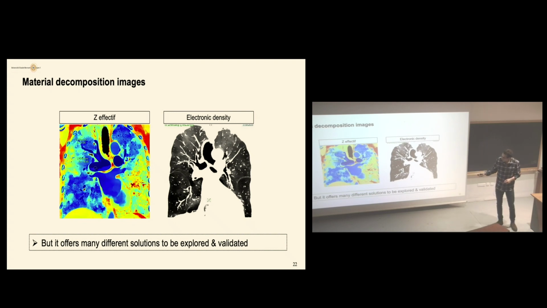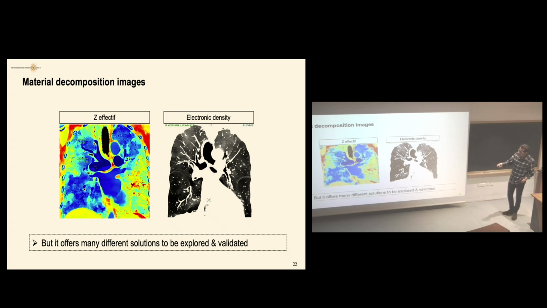And as a user, I don't understand the number well, and I don't need it, because what I need here is to see some different contrasts. You see, this is the same patient, but the difference between them is that you see clearly the contrast between this part of the lung and this part of the lung. And this is important. Spectral imaging is revealing some new contrast, while with the electronic density, you will end up with the electronic density in each voxel, but you will not show some contrast in the lung.